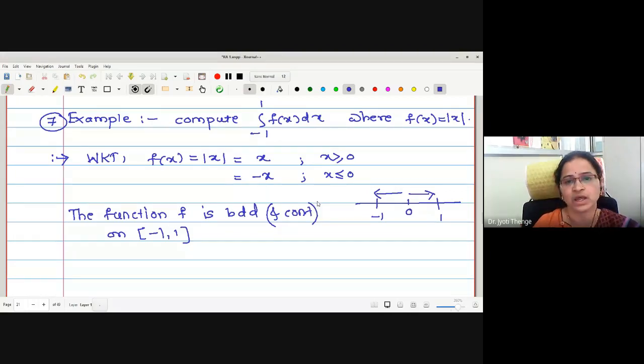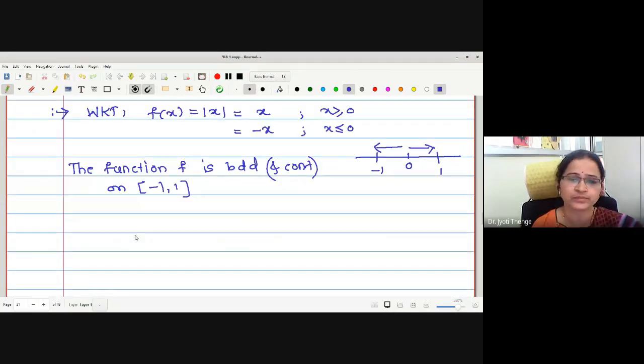Now the next step, we will try to go for making the partition of the given interval. What is the length of the interval? 2, ma'am, because minus 1 to 0, this is unit length, and 0 to 1 is again unit length. Therefore, the total length of this interval is 2. And if I want to make n equal subintervals, what is the difficulty? Because this region is negative values as well, right?